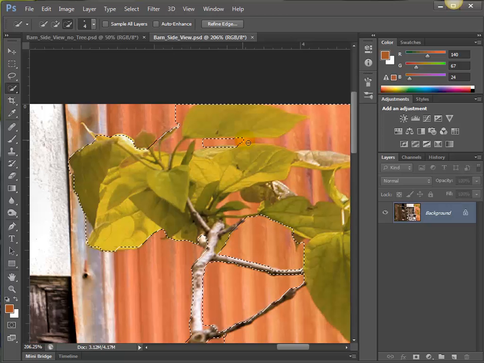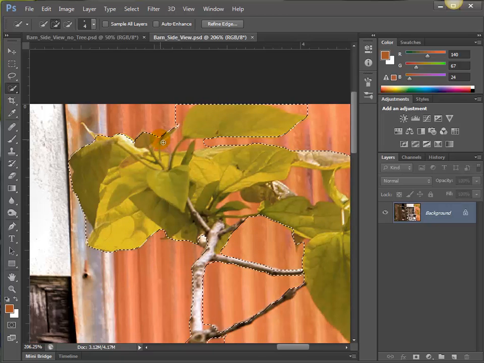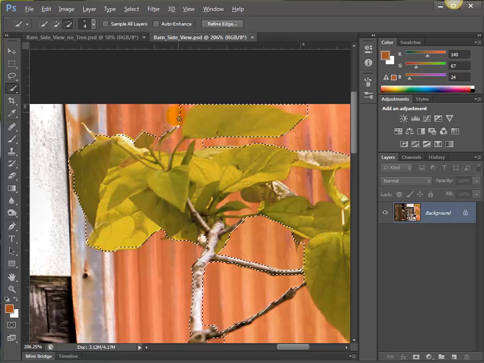Right in here, we don't want that selected, but we want that selected and that. And we Alt click,